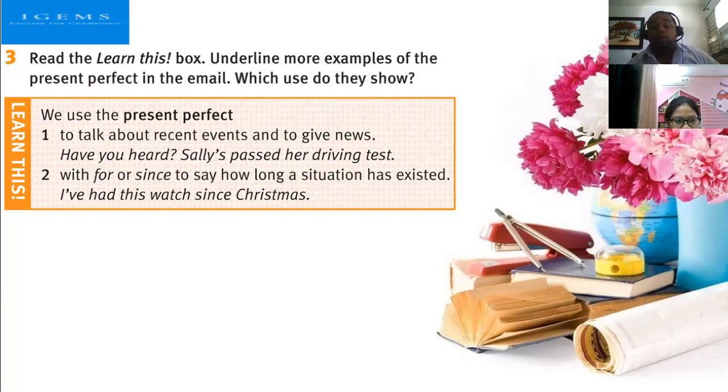Okay, look at this example. There you have a question: Have you heard? And then the answer is Sally has passed her driving test. Apparently, not too long ago, in the past, the person discovered or came across this news. Because of this, we are supposed to use the present perfect tense. Here is the other example. On the other hand,